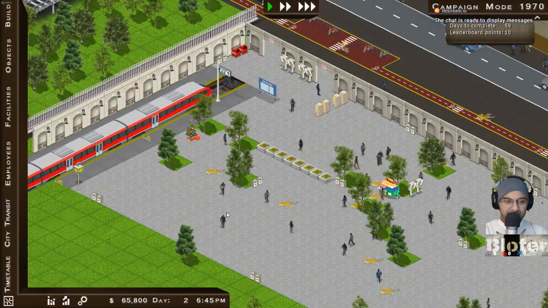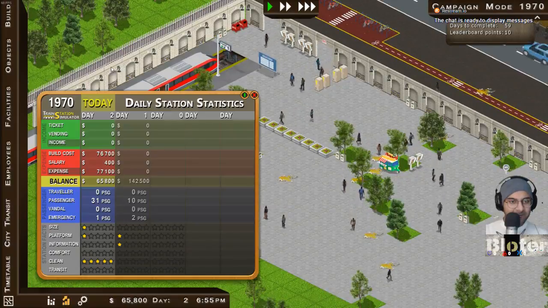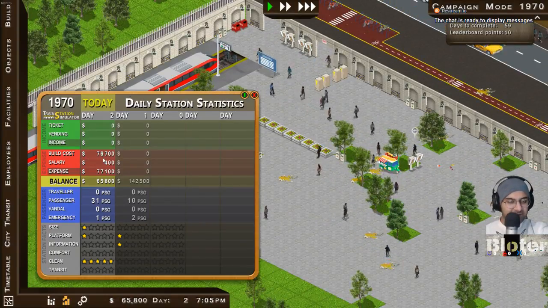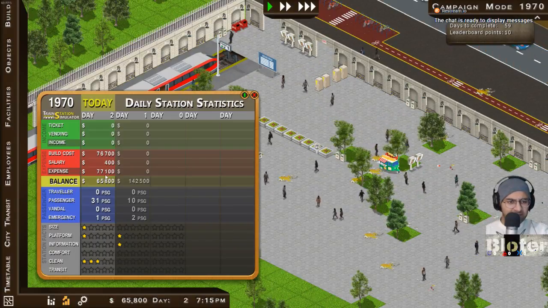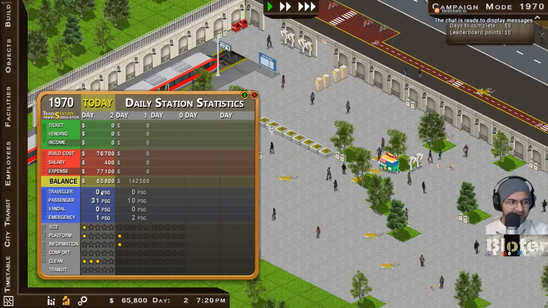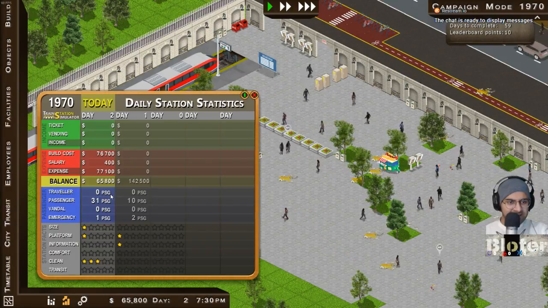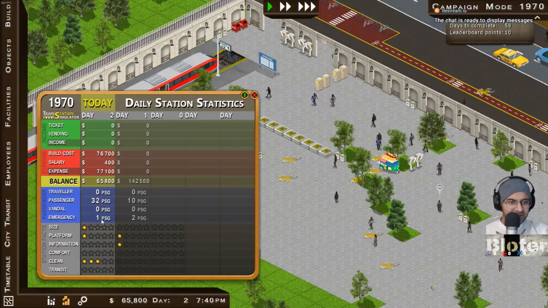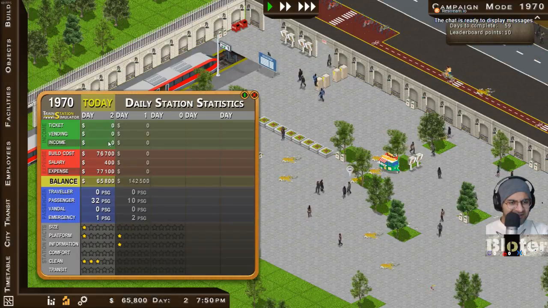What I want to do is open up my finances and have a look at how much we are actually earning. So let's have this thing. In terms of our building cost, we've incurred quite a lot of expense, rightfully so, because we just started our company. In terms of travelers, we've got nobody, and apparently the PSG is the currency that this game has. Passengers, we've got 32 passengers. Emergency, we've only had 1 thus far. But interestingly enough,